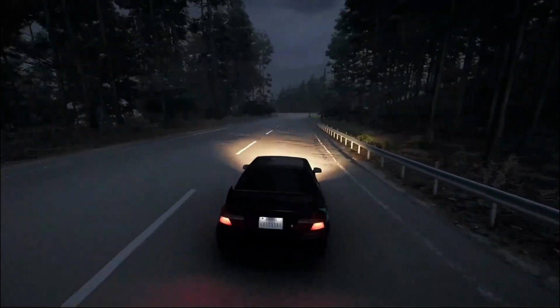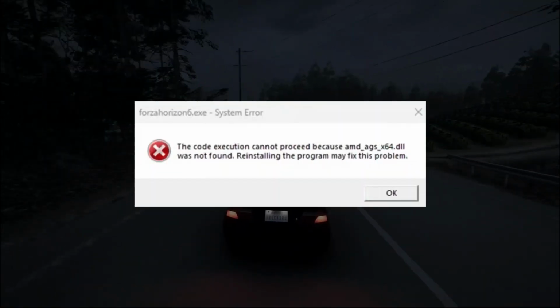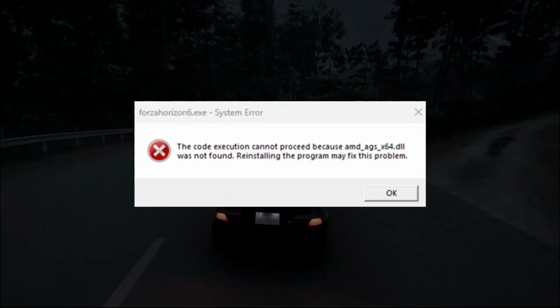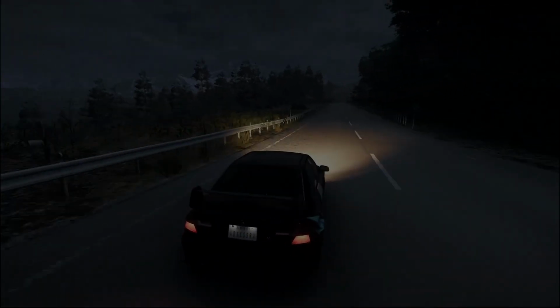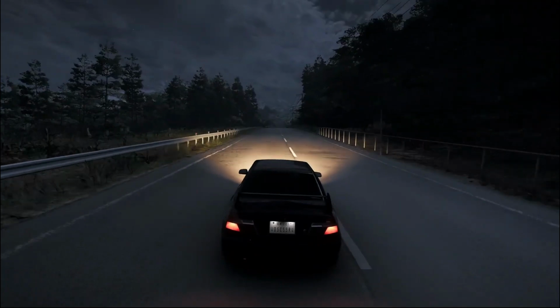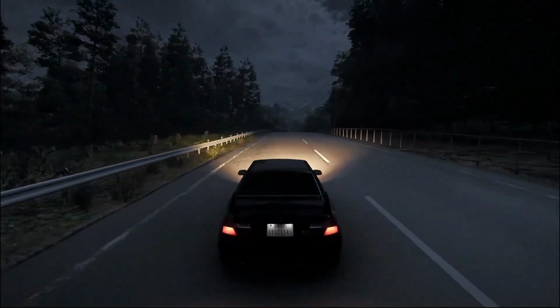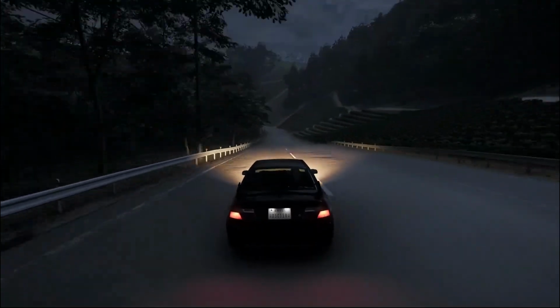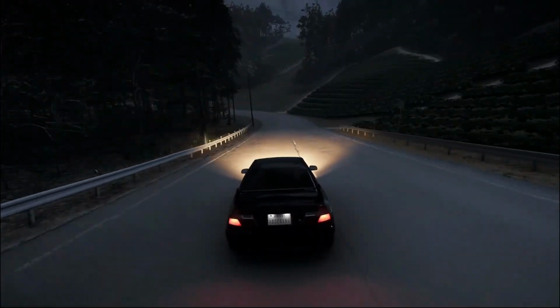Hey guys, in this video I will show you how to fix the Forza Horizon 6 AMD AGS x64.dll not found error. Alright, let's begin. This error usually appears when the AMD AGS x64.dll file is blocked, quarantined, or removed by Windows Security, preventing the